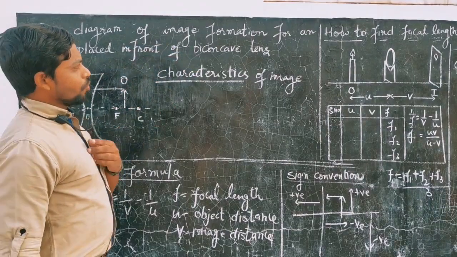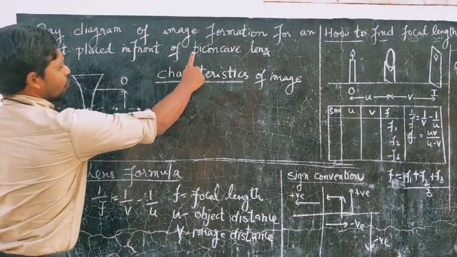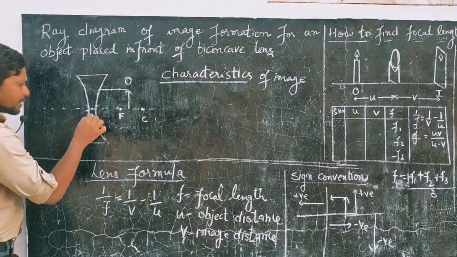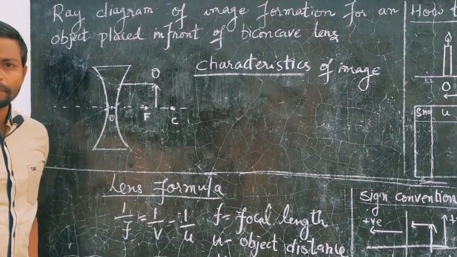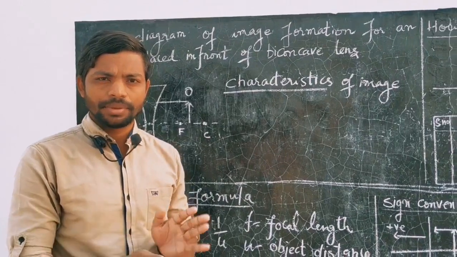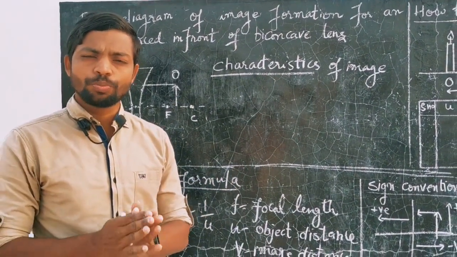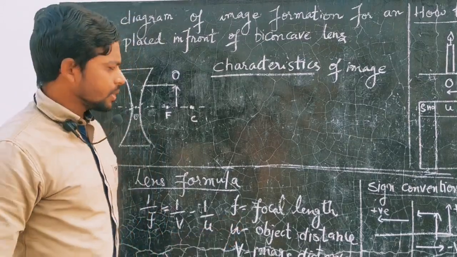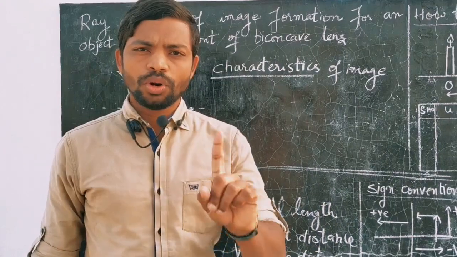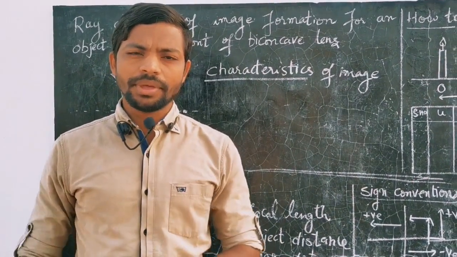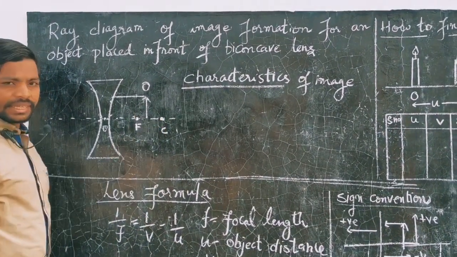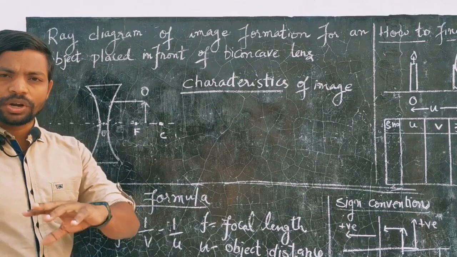Ray diagrams of image formation for an object placed in front of a biconcave lens. You can see here there's a biconcave lens. Its optic center is here, and the principal axis. Let me tell you friends, this case is discussed only with a single case for a concave lens. The reason is you place the object anywhere, whether it is at focus, after focus or after center of curvature, the result is the same. Only one thing changes, that is the position of the image. The remaining part is the same. So let us take the object somewhere between F and C and let us see where the image forms, what kind of image forms.